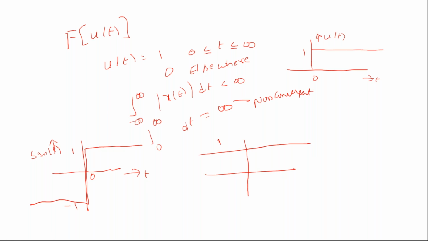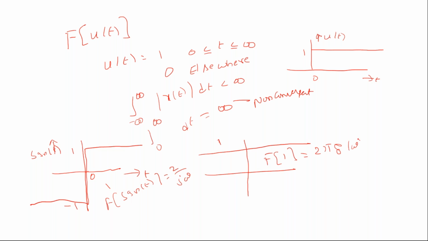You know the Fourier transform for this. The Fourier transform of SGN of t is nothing but 2 by j omega. This you already know. And for this, the Fourier transform of 1, which is a DC signal, that also you know, which is 2 pi into del of omega. Here my A is 1.